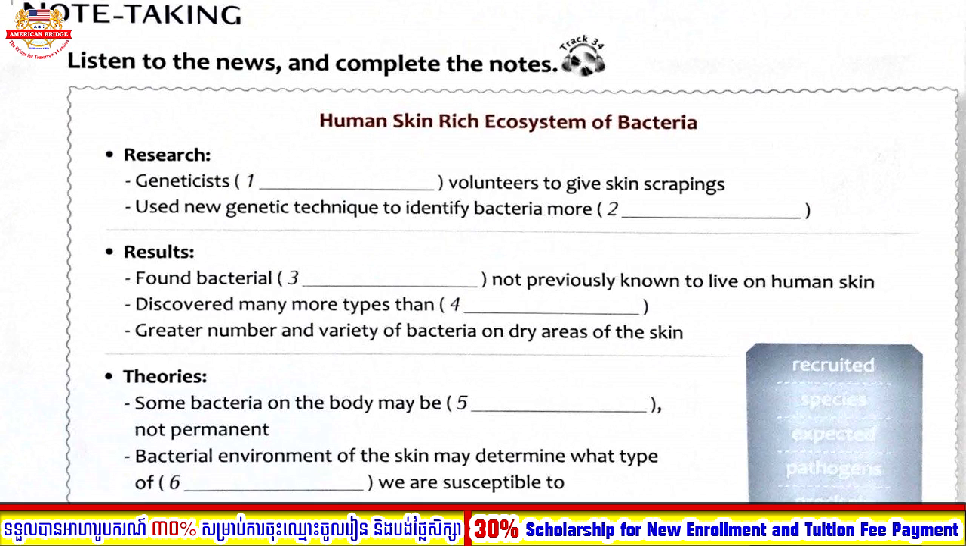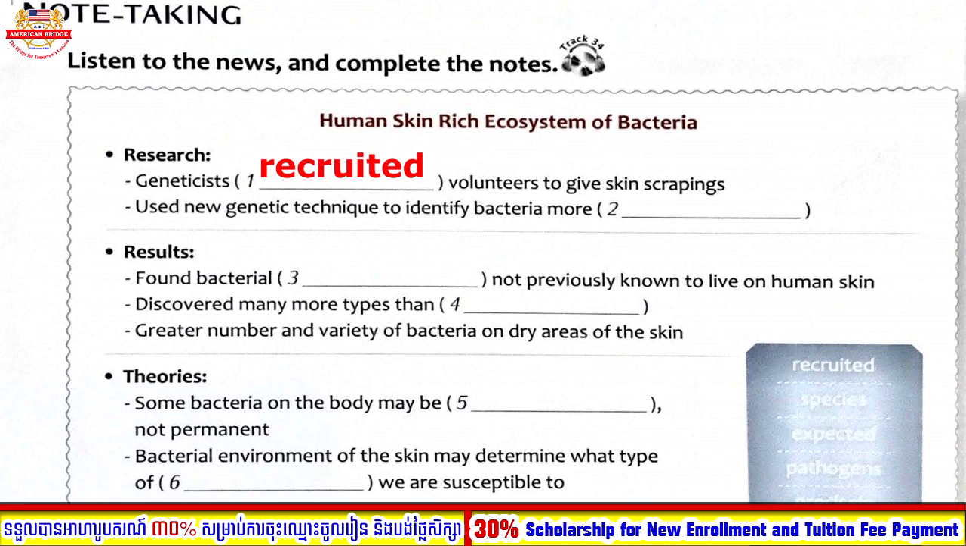Alright, so everyone, which word should we complete in this blank? For the first one, the words we have are recruited, species, expected, pathogen, precisely, or transient. Alright, so the first word is recruited. So geneticists recruited volunteers to give skin scrapings. Recruit here means they are trying to collect people. They are trying to find people to volunteer to give them their skin,